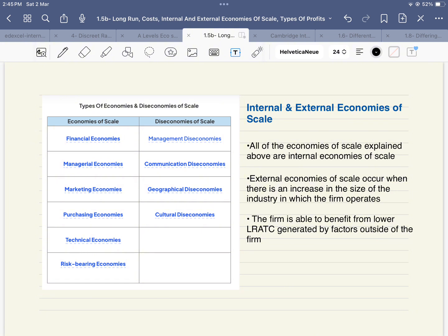Technical economies of scale occur when the firm employs large scale capital machines or production processes through which they achieve reduced costs through improved processes. The classic example of a technical internal economy of scale is the assembly line of Henry Ford. Purchasing economies of scale occur when the firm purchases in bulk and receives a discount for their large purchases, or a lower cost per unit of input.